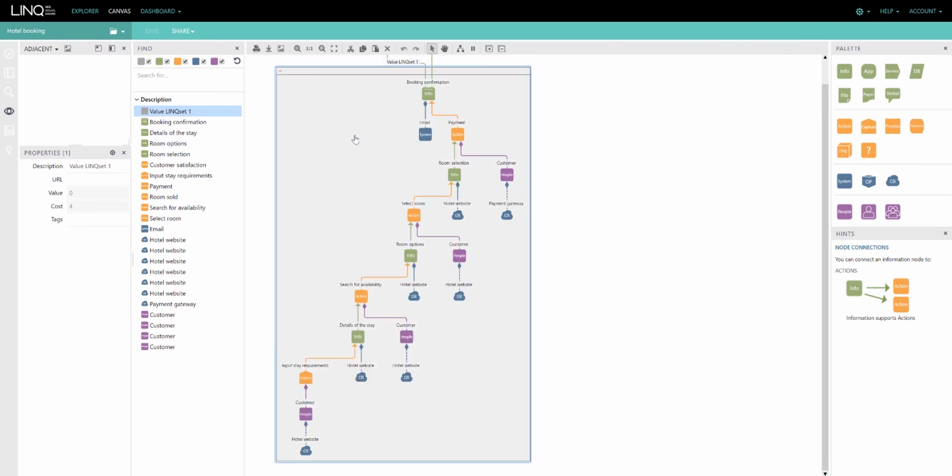So I hope that now sets you on your way to start thinking about the processes that you want to model from an information perspective in your organization, and being able then to calculate the cost of enabling the flow of information through that supply chain. We're going to build on this in the next video.